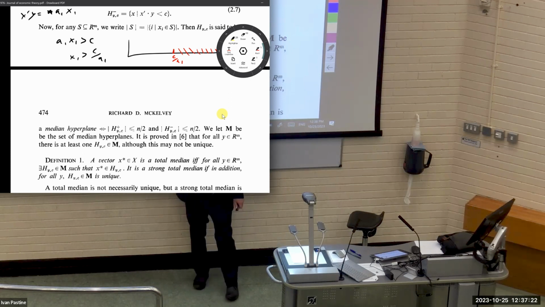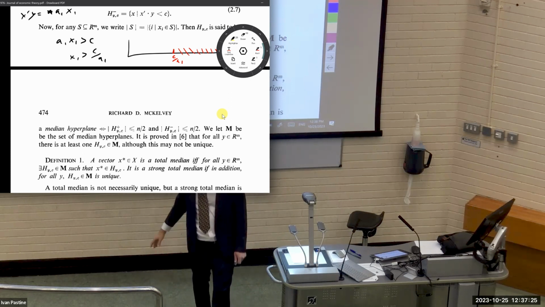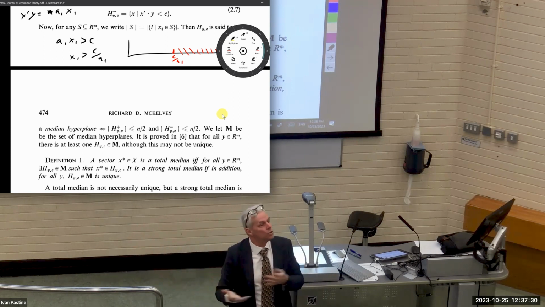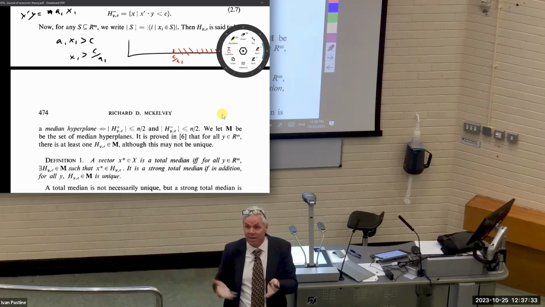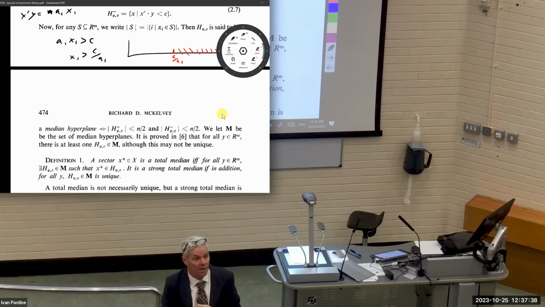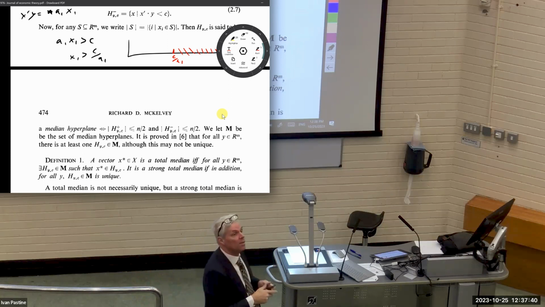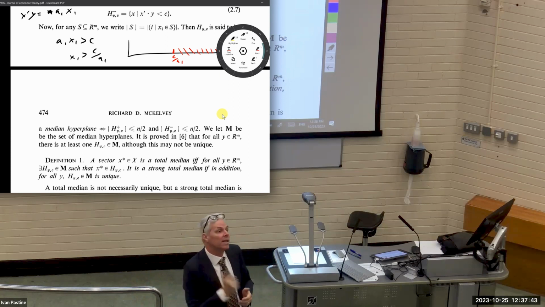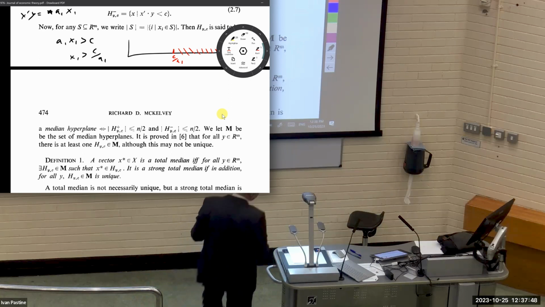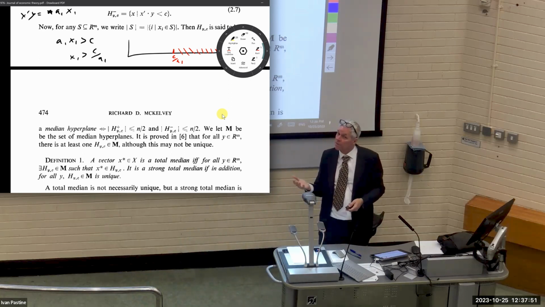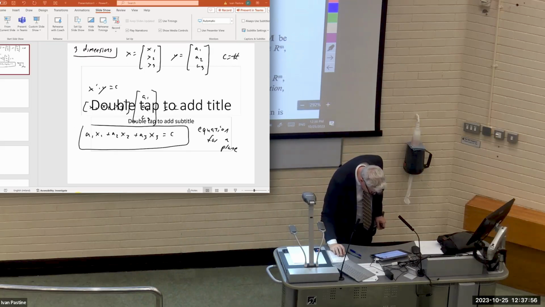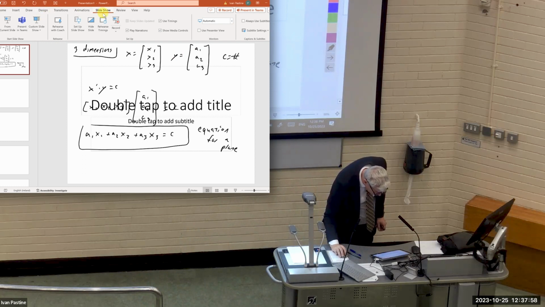There are 3 different ways to define the same sort of thing, and in class I'm very loose and relaxed and I don't care, and so I say it in a loose, relaxed, as easy as I can make it to understand way. But here they have to be really precise about what they mean. And here they're defining it this way rather than my way, which is less natural and less obvious, but deals with a very specific problem. So the problem they're dealing with is one that we haven't really thought about, but is actually a thing, or could be a thing. So let me go over here and we will